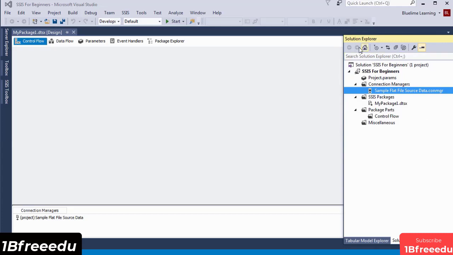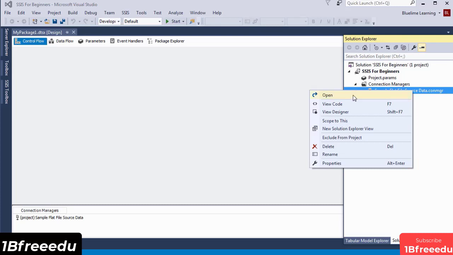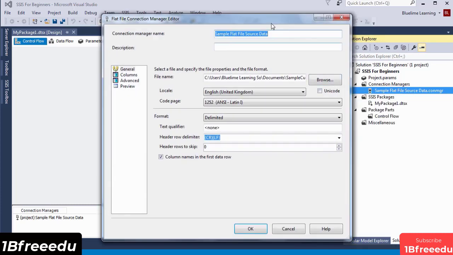So inside the Solution Explorer, right-click on the sample flat file source data, which is your connection manager. Right-click on that and click Open. So I'm going to open up this dialog box here. And basically, what happens once